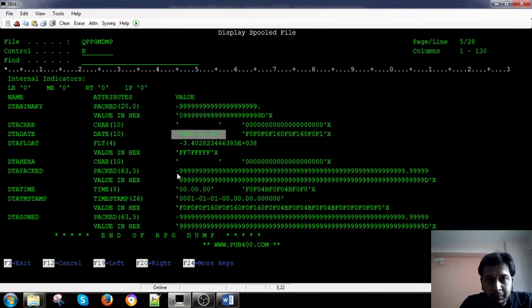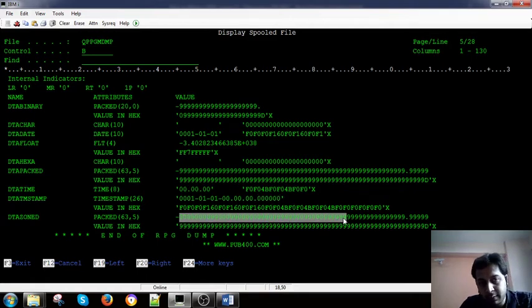And this is again minus, so you can see here D in the hexadecimal format, right? And this is a timestamp. So in the timestamp you can see this is again 0000, this is hour, minute and seconds, right? In timestamp this is the date format, this is the time format, this is microseconds, right? So this total 22 digits are there. So this is again how much value we can declare. This is 9999 from the negative side, how much value can be. So this is something the star low value is.